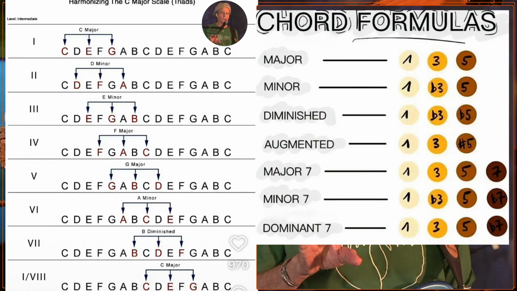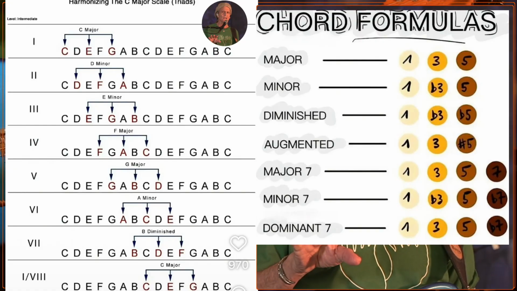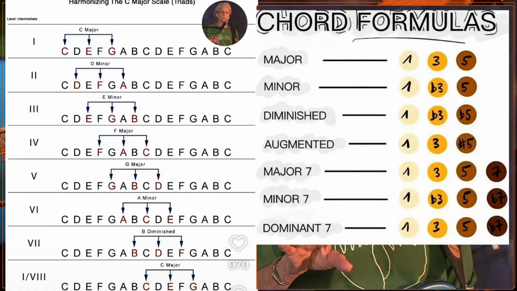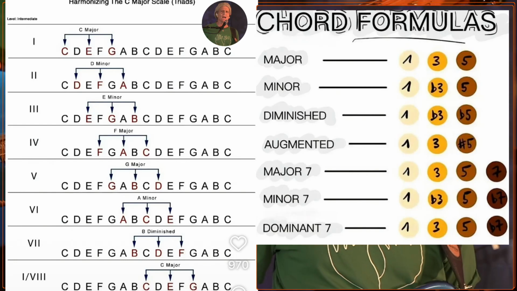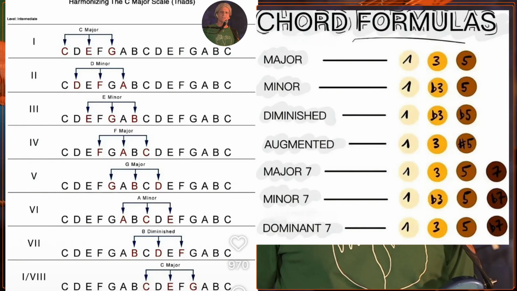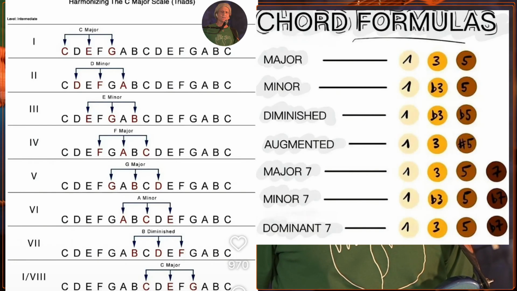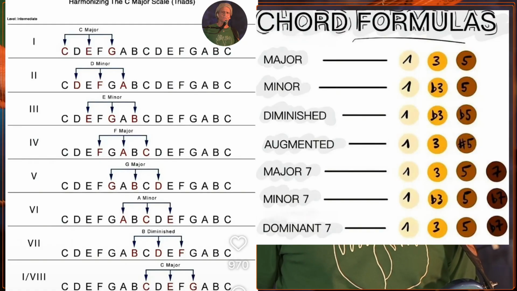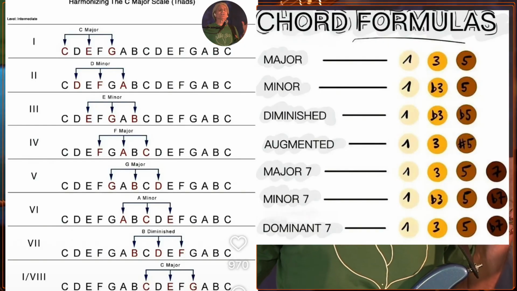Yeah. So you always have a 1, 3, and 5 as you move up because you're skipping notes. We're on the C and we have a 1, 3, 5. Then we go to the D and we have another 1, 3, 5. Then we go to the E, we have a 1, 3, 5. However, a little thing changes. What's written above the bracket? C major. And above the next bracket? D minor.